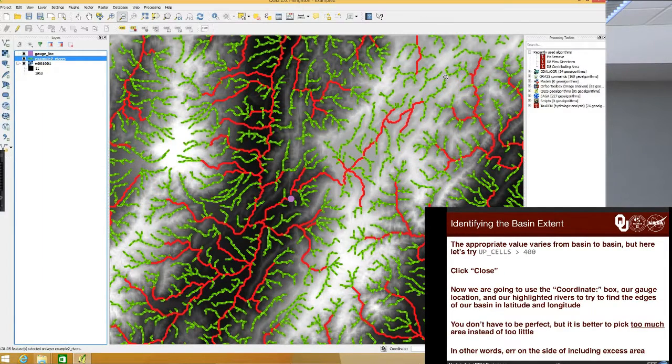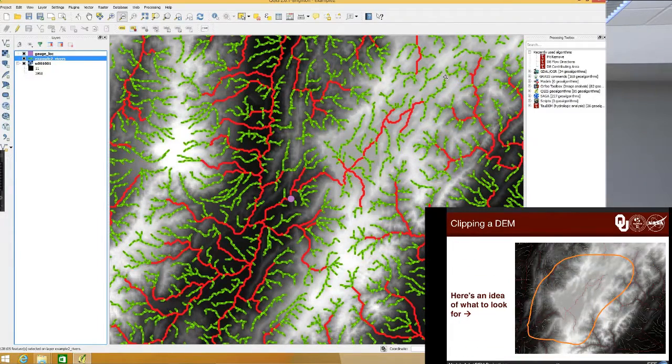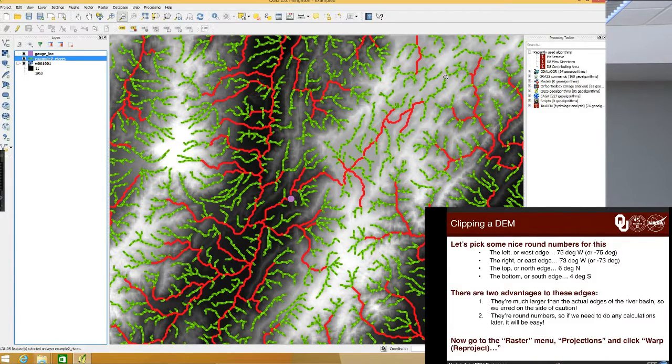But remember earlier we said that we want to make sure we pick a domain larger than our river basin so that the DEM and FDR generation process works. So we're going to round in such a way that we pick even numbers for the latitude and longitude edges, and we pick them such that they're bigger than our actual river basin. So on slide 41 of the PowerPoint, you can see a circle or a lasso drawn around the area of the river basin. And now you want to take that lasso and draw a bigger box around the outside of it. So whenever you do that, let's just pick some nice round numbers to make our math